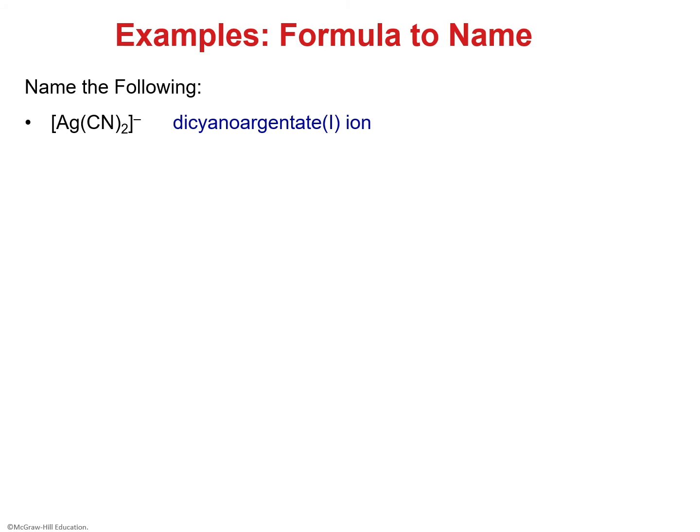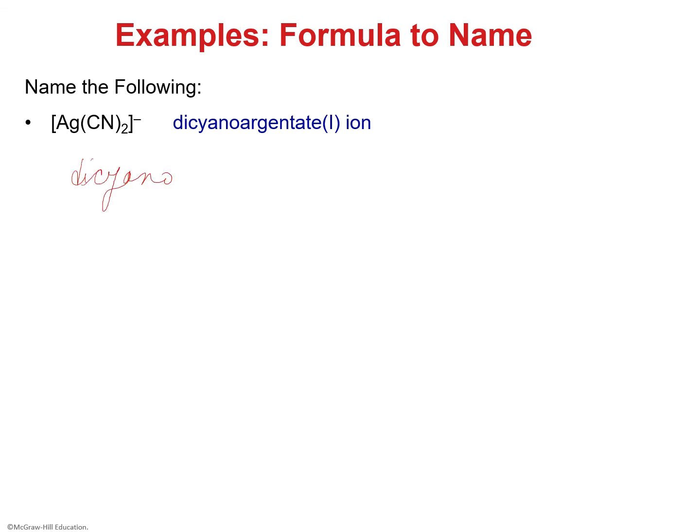Oops, I showed you before. Try to name some of these. So for instance, this is an anion. First thing you have to identify is if the complex ion is cation or anion. Complex ion is anion. So what is the rule? I put the ligand name first. Ligand is cyano, it's cyanide, right? So it becomes cyano. And how many do I have? I have two of those, so that becomes